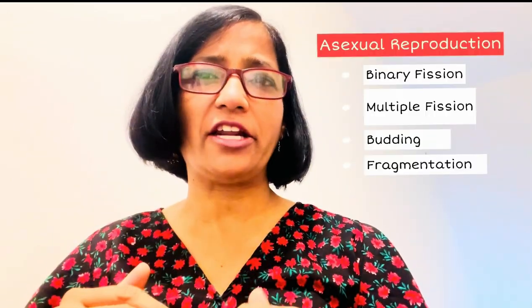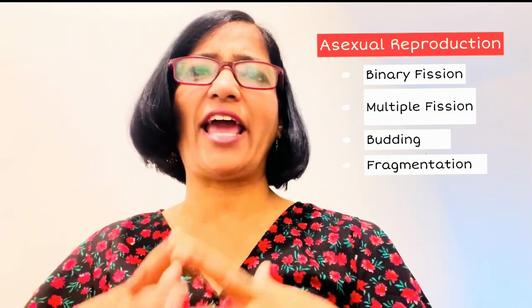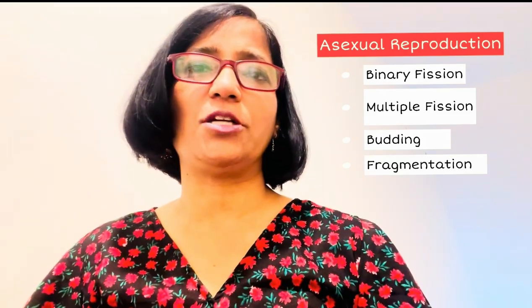Have you ever seen a potato lying in the kitchen and suddenly tiny green shoots appear on it? That's not magic, that's vegetative propagation. Yes, a potato can grow into a whole new plant without seeds, just from those tiny eyes on the surface. And that's just one way to reproduce. There's binary fission, budding, fragmentation, and even lab grown tissue culture plants. In the next few minutes, I'll show you the most popular methods of plant reproduction with real examples you will